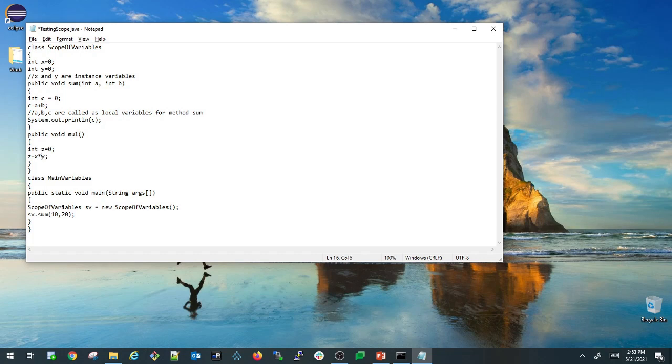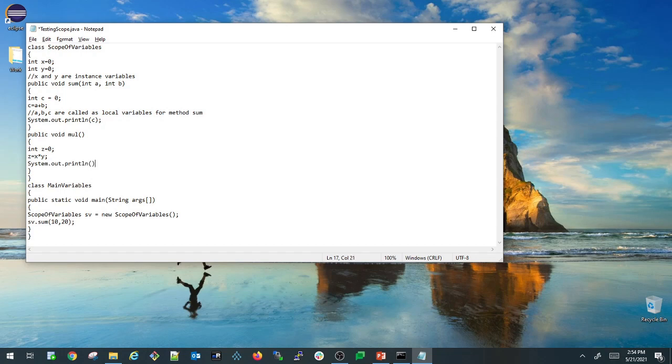These x and y are declared inside the class but not inside the method, but I'm using them directly here: z equals x into y. So this is the method. Whatever multiplication result I get for x and y, I'm assigning it to z, and I'm also printing that value here, system dot out dot println.